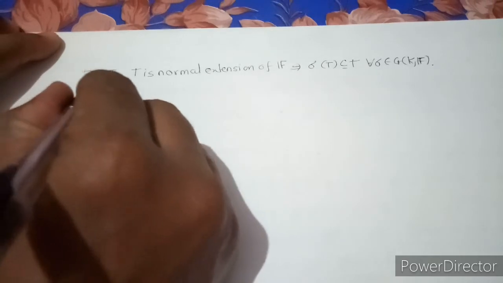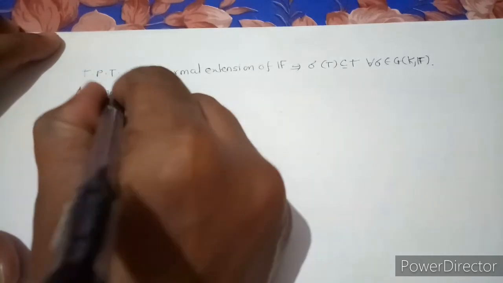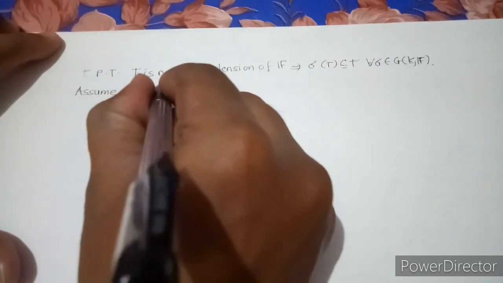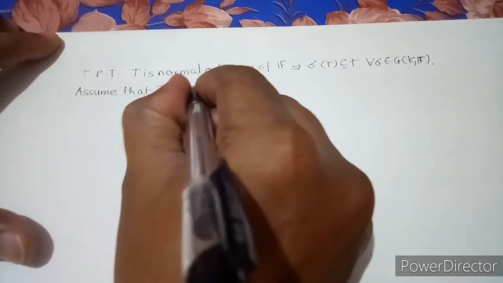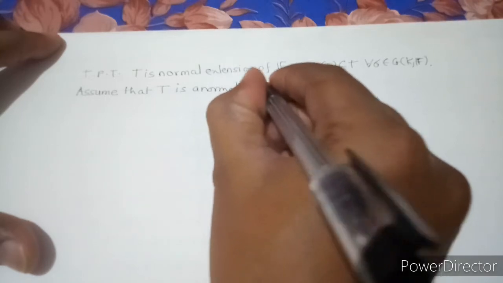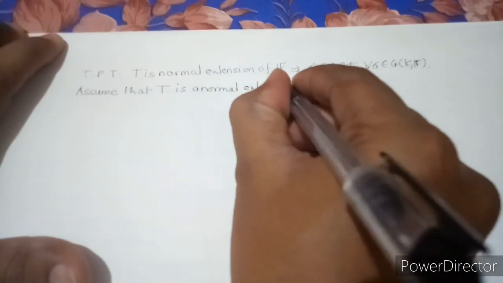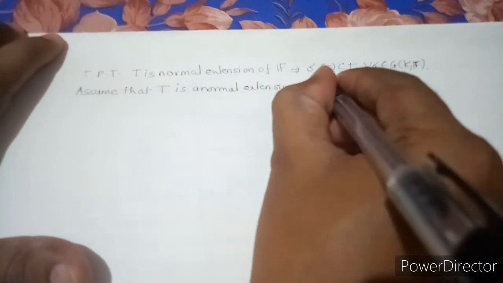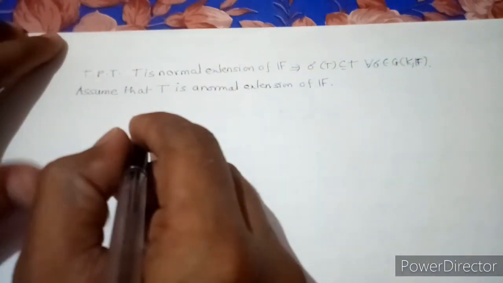So assume that T is a normal extension of F. So again by corollary